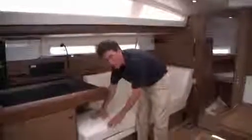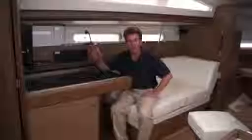This stool fits very nicely here and will stay while you're navigating, and then of course can be removed and be set up as an additional seat around the table for extra guests, and gives you access, of course, to sit here at the nav station. The nav station was designed to have a television screen here at the nav station, so you have the ability to have your navigation equipment sent to the screen. You've got plenty of storage underneath these leather-lined